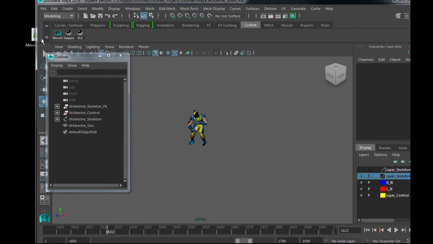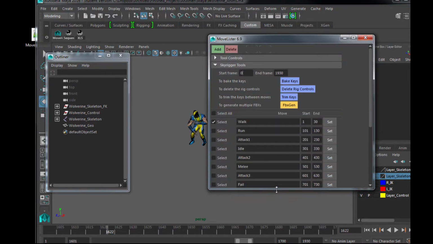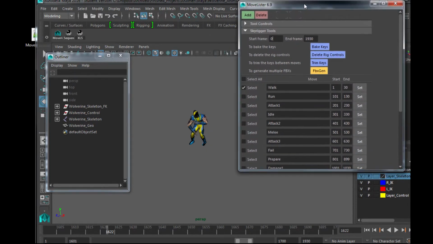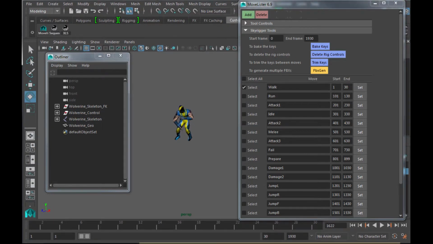When I drag in the Movelister again, it references the information in this Maya file. So the order of operations for this needs to be that you open the file first and then you bring up the Movelister if you're looking to access existing information in the Movelister. So for this character, I want to look at the walk exclusively. It sets the timeline from 1 to 30. And now I can engage in just